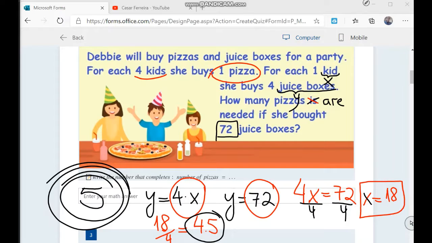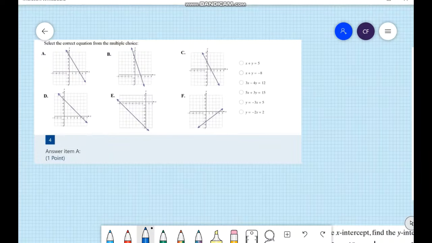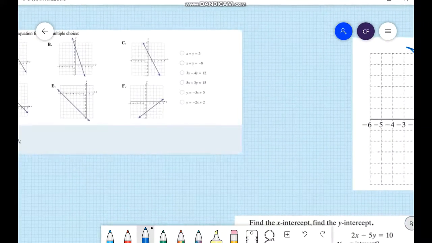Great, that was a good break. So in this first part, you have to connect the right graph to the corresponding equation. Don't try to figure out by looking at the graph what's the equation. Let's do the other way around. Let's go first to the equation,